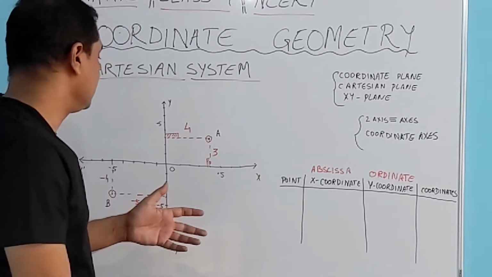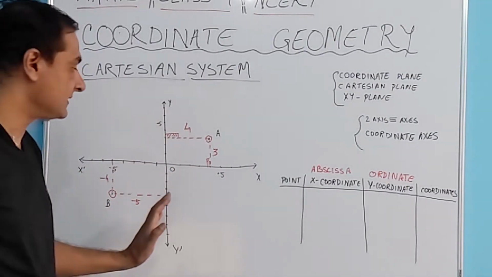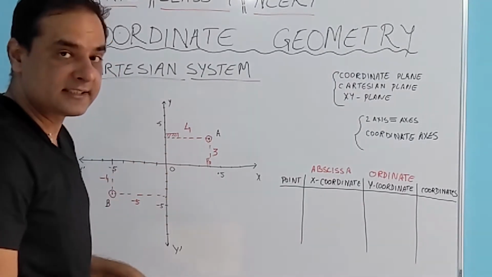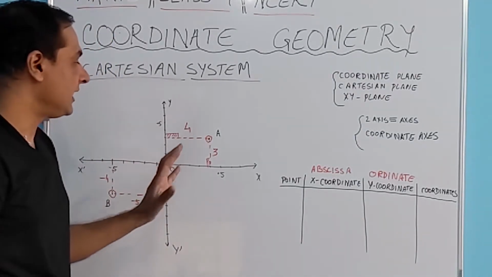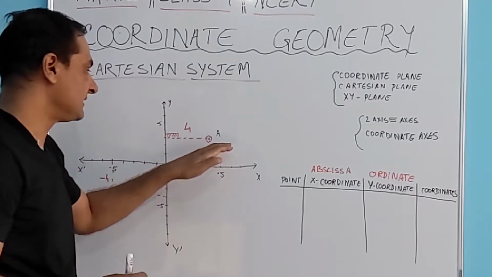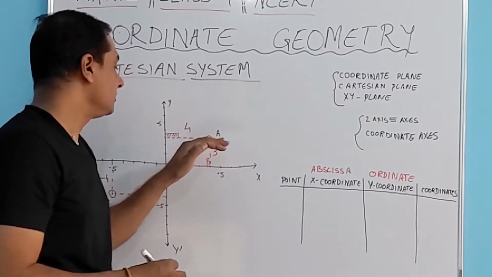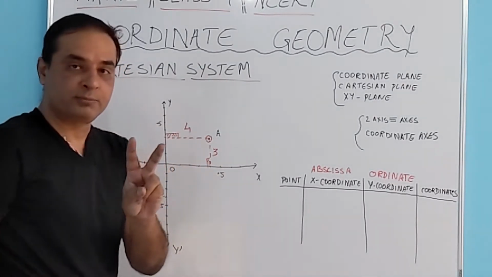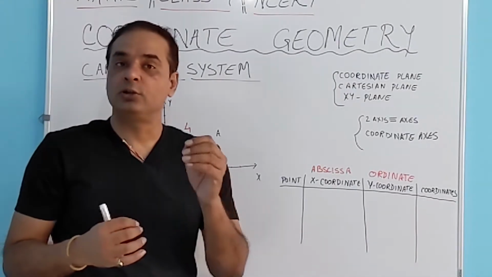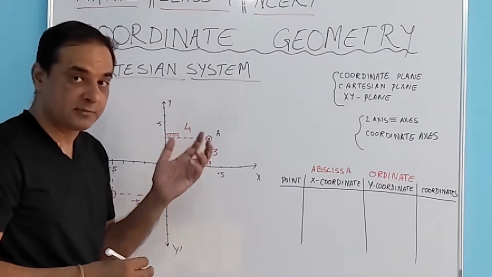Now moving on, हम लोग के पास ये कार्टेशियन सिस्टम है जहाँ पे we have x axis and we have y axis. There are 2 points which are plotted, point A and point B. You can see that black dot in red circle. So now we need to understand how to locate and how to read what is the position of these points. So let's take point A first and then we'll go to point B. So what we say is we have two components. Understand, we said coordinate geometry is all about locating the position of a point with two independent pieces of information. This is exactly how we are going to do it.